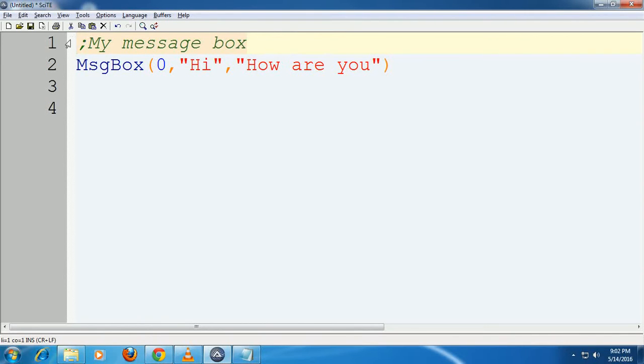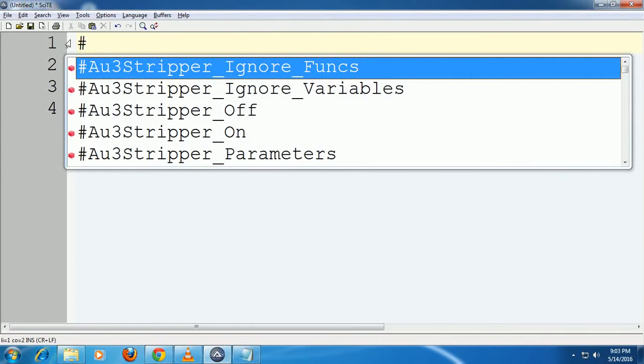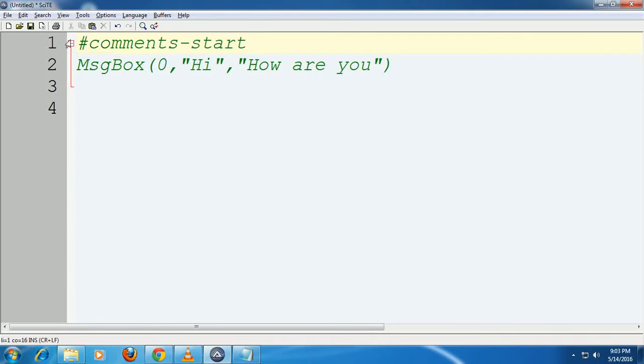That is, you have to type hash followed by comments-start. If you add this hash comments-start, then the compiler looks for another statement called comments-end. Until that, all the text below this comments-start is considered as comments.